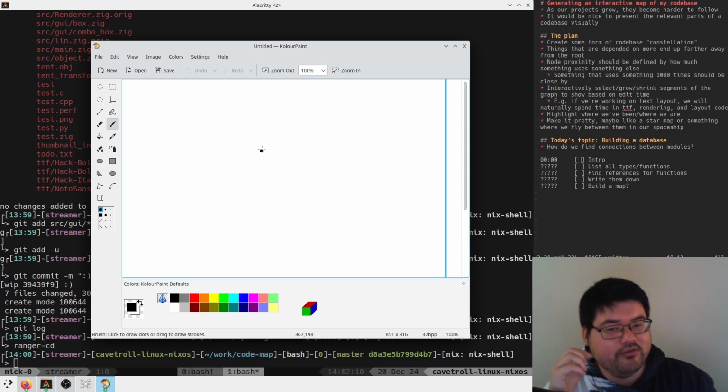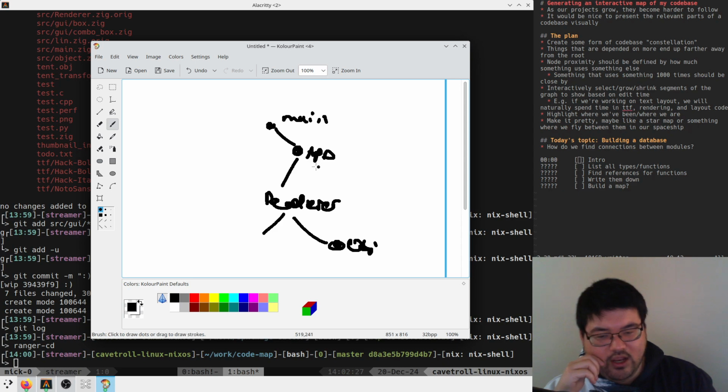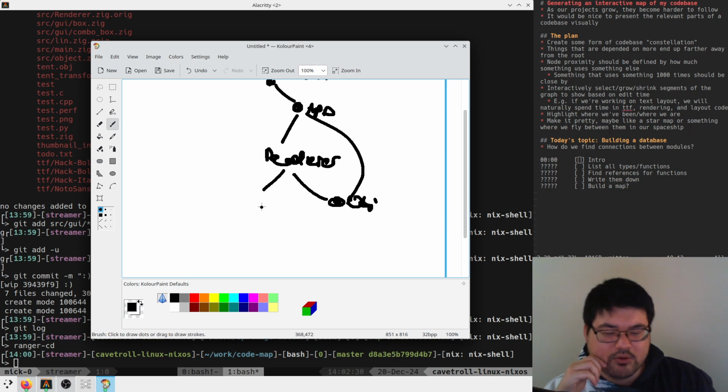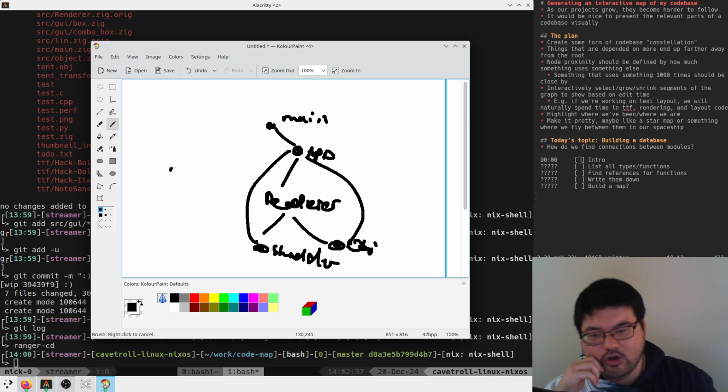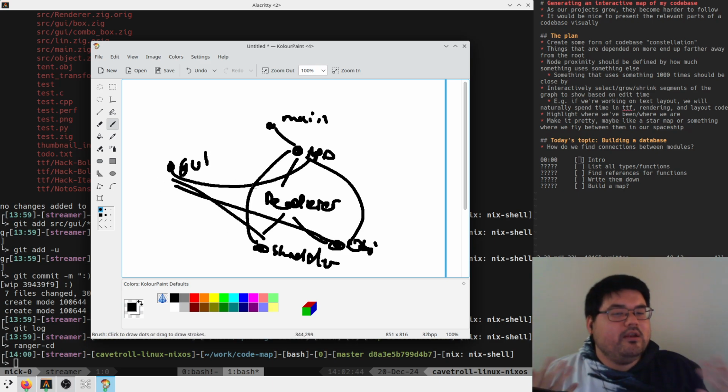So, in the image editor, we have main, and main talks to an application, right? And the application talks to a renderer, and the renderer talks to object storage, right? And app also talks to object storage, and renderer also talks to shader storage, which is also talked to by app. And then GUIs over here, and GUI references app, and it references shader, and it references object, right? This tree gets kind of out of control,